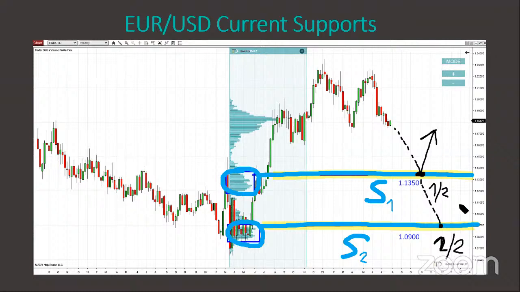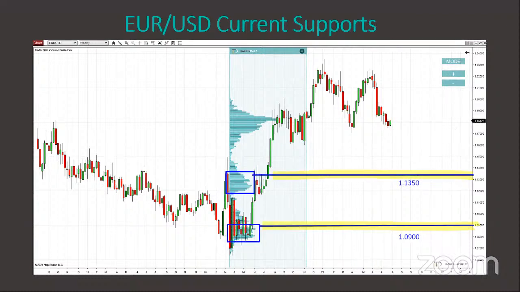All right. You hold the first half and you add to it. That's how you do it. I'm not saying you should go martingale. That would be crazy. Just split your position in two halves, like in here, and then hope for the best. Right? So those are the two strong supports on the euro. As you can see, when you use the volume profile, it becomes pretty simple because it just shows you visually the strong supports. Heavy volumes, that's it. That's how you follow the big guys. And this works really nicely on slow time frames like weekly, monthly, or even daily.